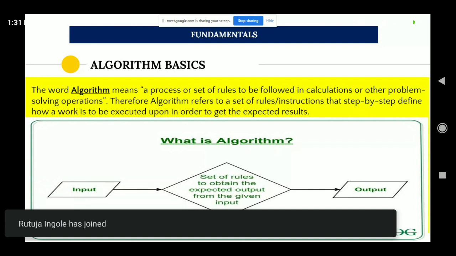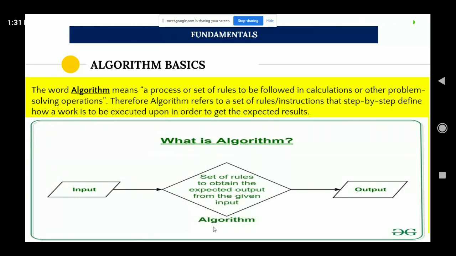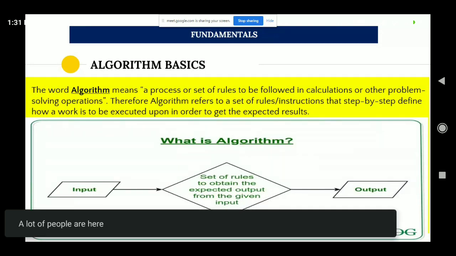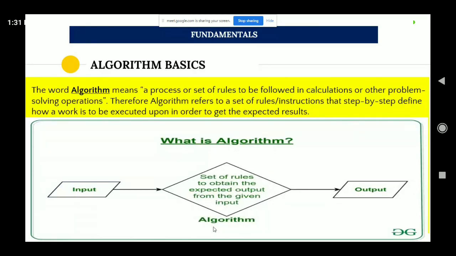Actually, when you say complexity, it's a subset of a bigger picture known as design and analysis of algorithms. Although this subject will be dealt with in detail in your later semesters, DAA is a specialized subject, so we won't be able to cover everything in the syllabus. But the part related to data structures, that we will be learning and understanding. So let's start with algorithm basics.